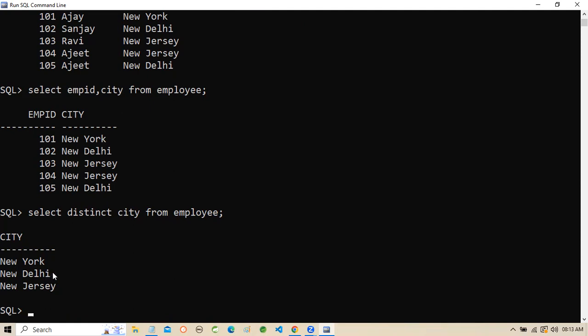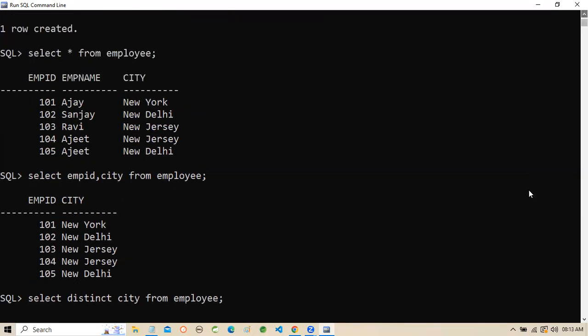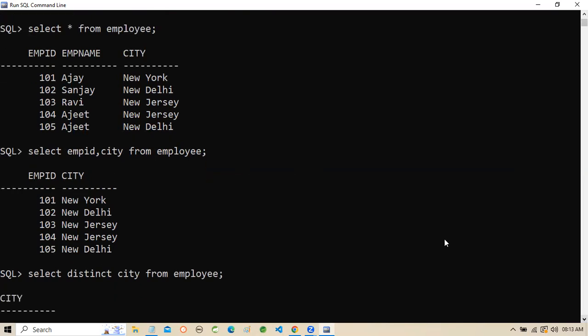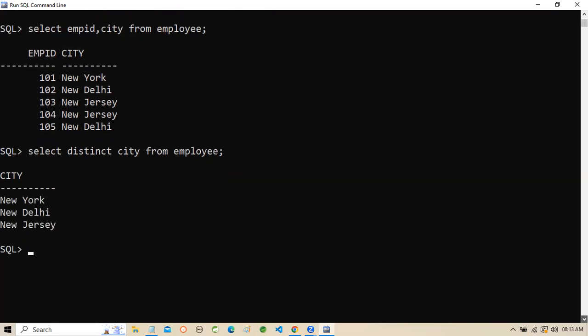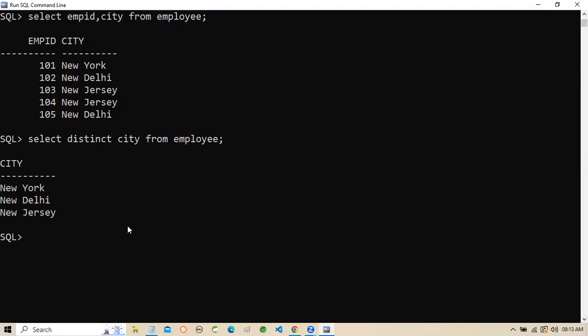One record of New York, one record of New Delhi, one record of New Jersey. Here there are 2 records of New Jersey, 2 records of New Delhi, one record of New York, but it's showing only one record of each city. So if we want to fetch only unique records, then we will use